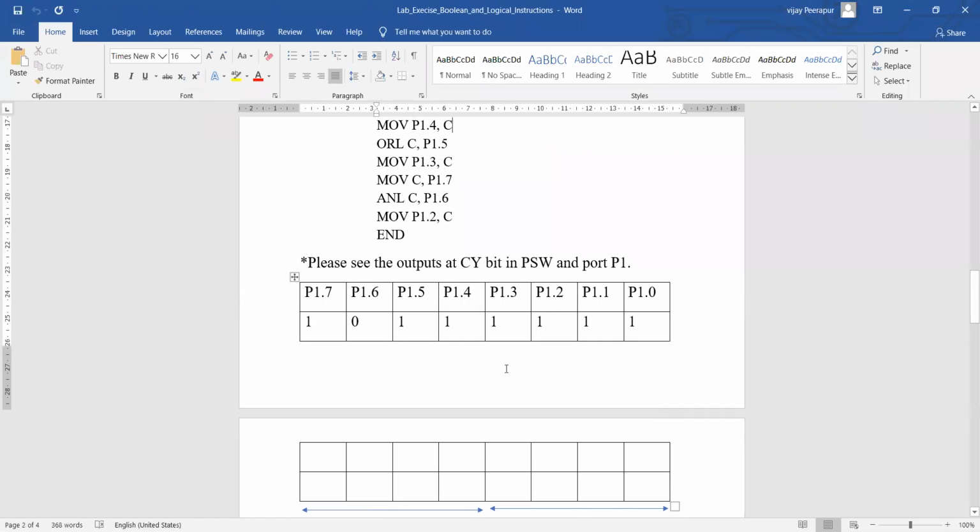Now what we stored is BF there. You can see that P1.7, P1.2, 0. What we stored is BF there. This is 1011, and 1011 is nothing but B. 1111 is nothing but F here. Now what we are trying to do here? Which bit are we trying to copy now?